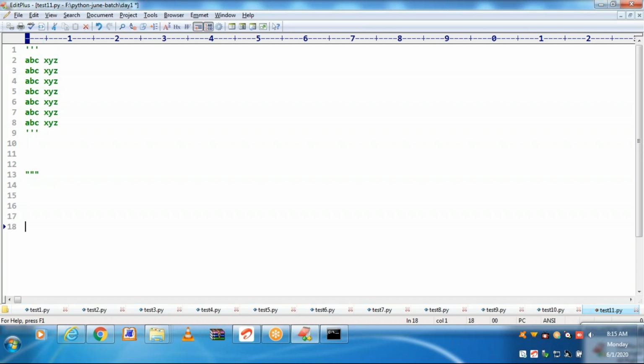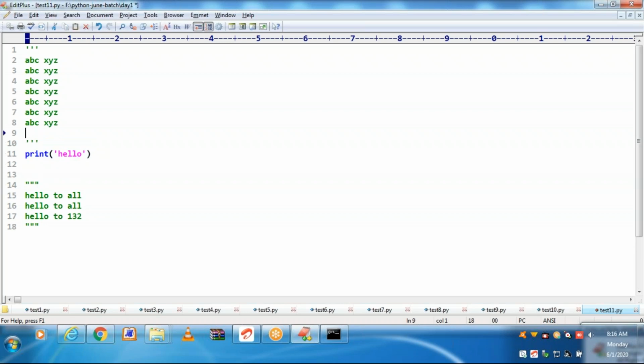Triple double quotes. Whatever content is there under triple double quotes is considered as a multi-line comment.